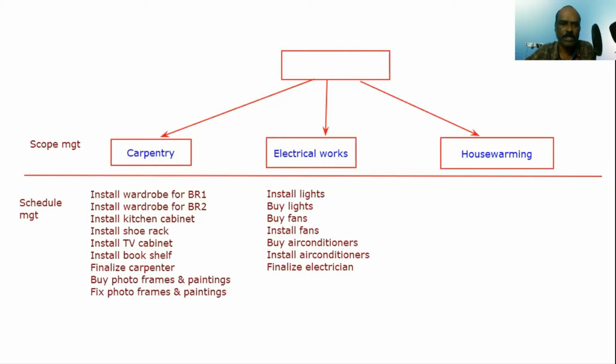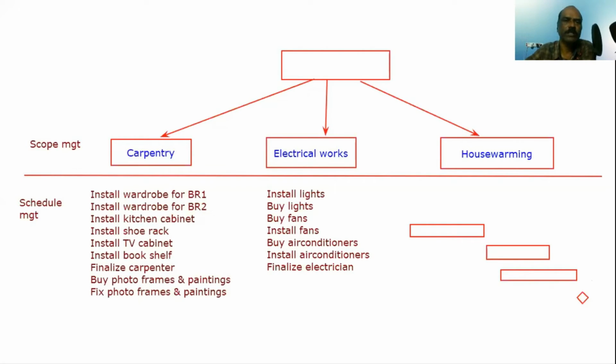Normally, if you look at your schedule, the activities will look like a rectangle. This is how an activity will look like. Whereas a milestone will look like a diamond, like this. And normally milestones are considered not to have any duration. They are considered as 0 duration.